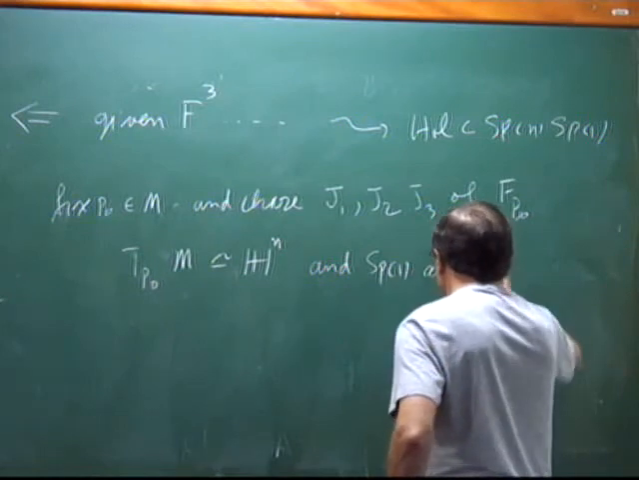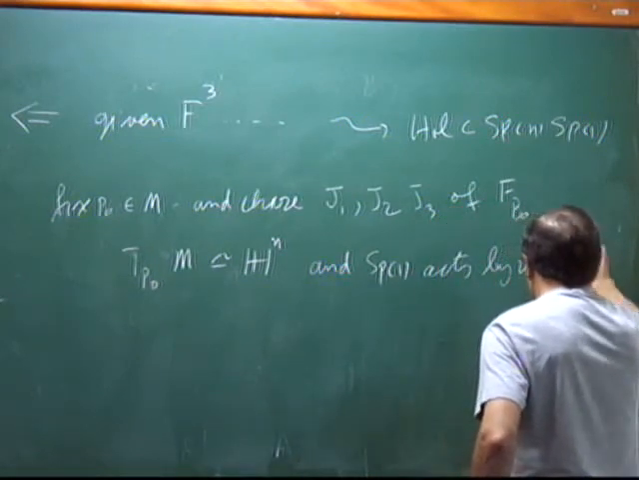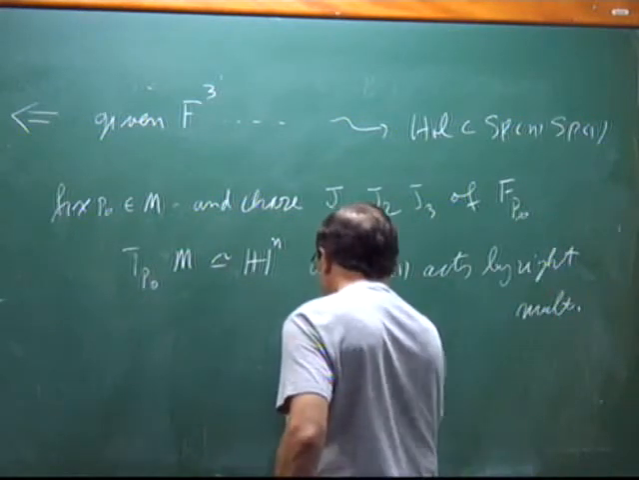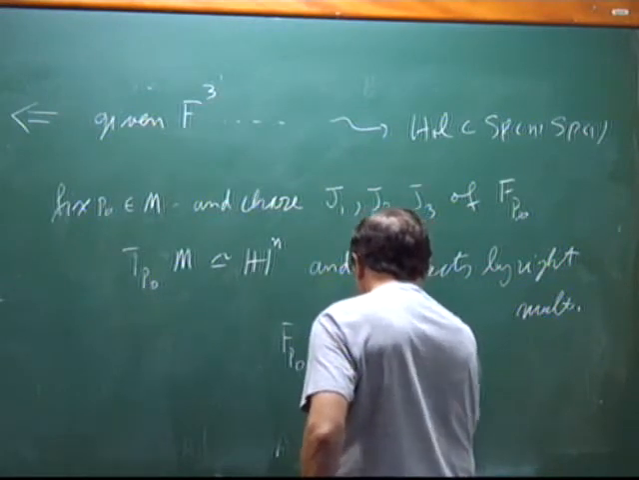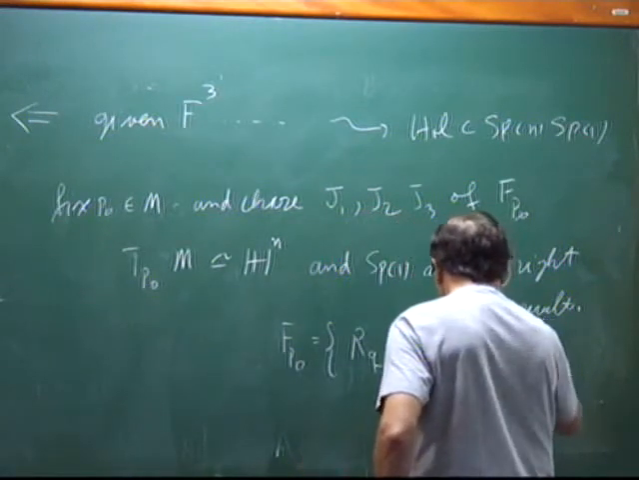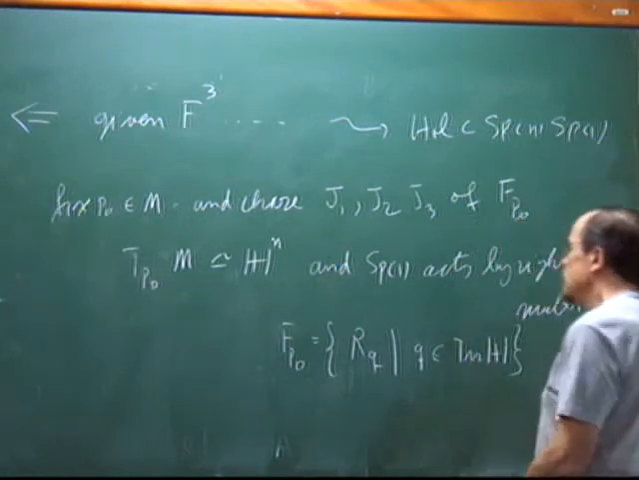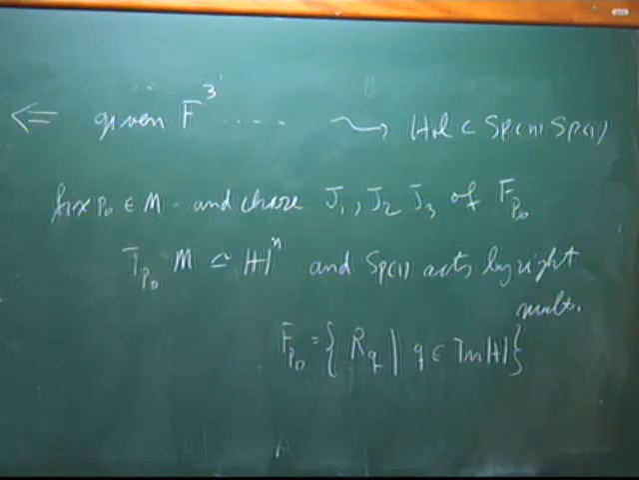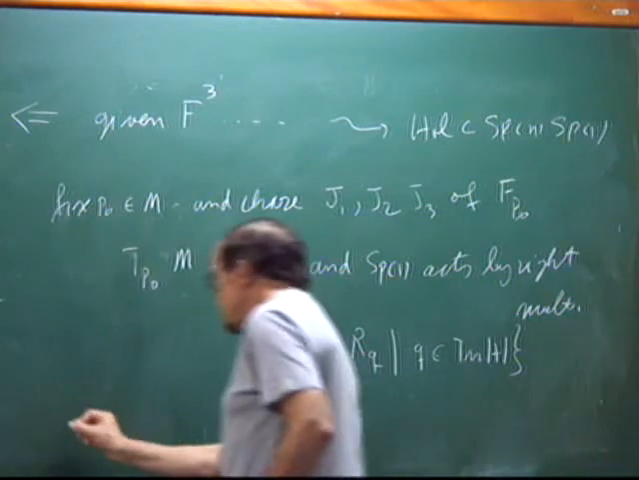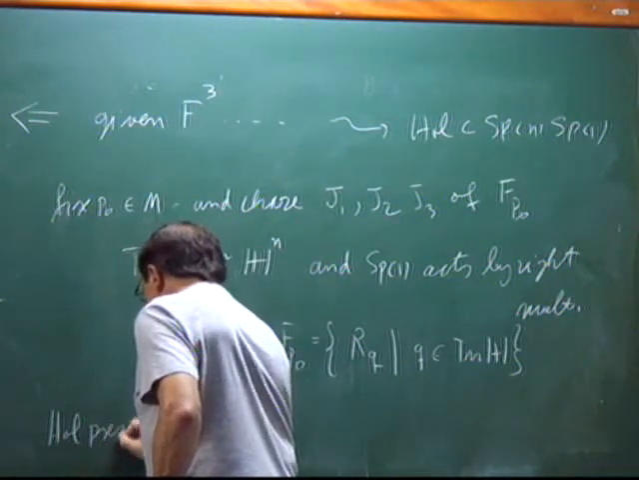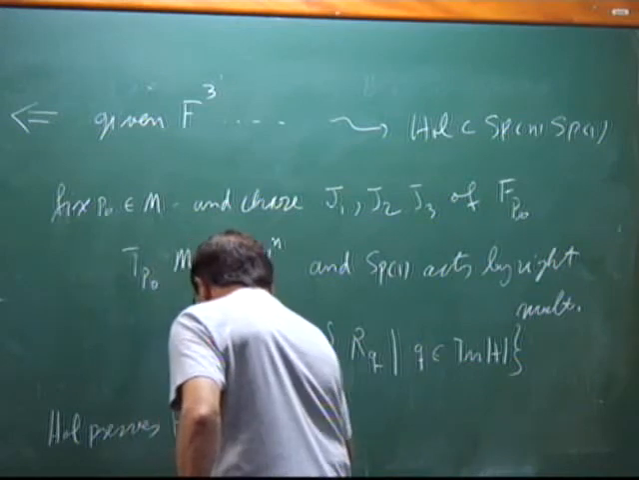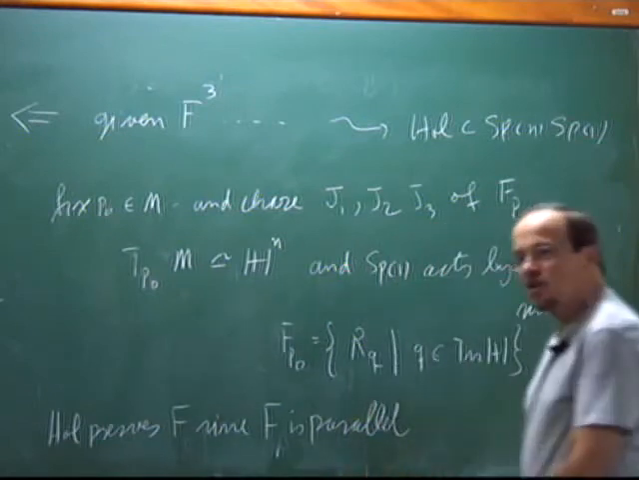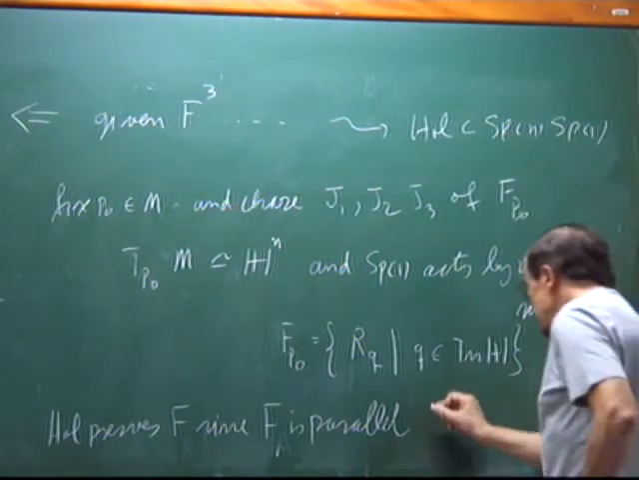That gives me Sp(1) acting by right multiplication. So I can view F at p naught as the set of right translations. That's my bundle that's spanned by these three right multiplications. And Hol preserves F, right? Since F is parallel, Hol in particular preserves F, and hence